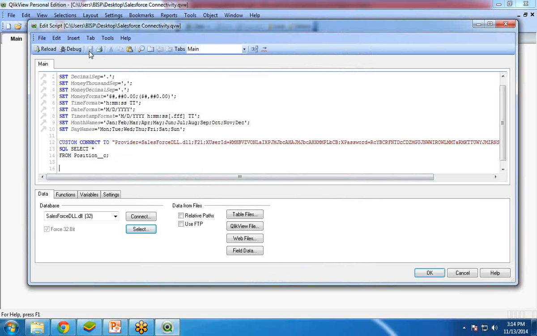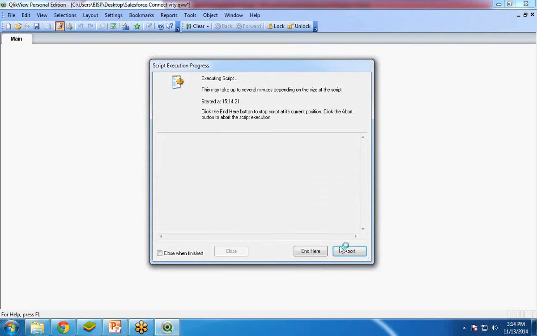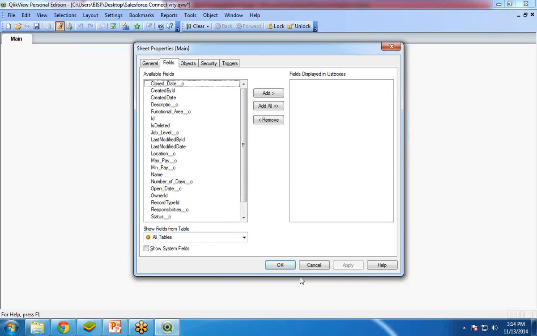Then click on Save and Reload. It will take time to reload because it is trying to extract the data from Salesforce, so initially it will take time. Once it is done, click on Close and OK.